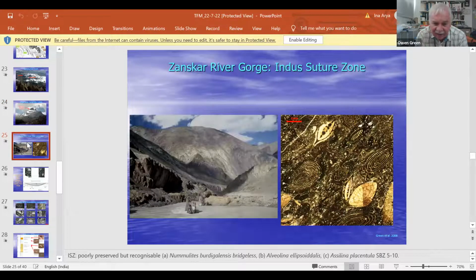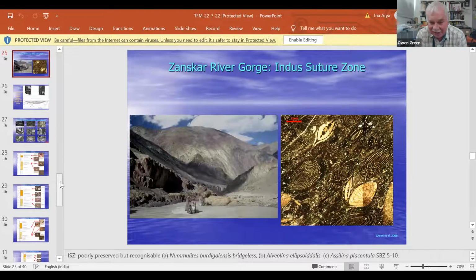And yeah, I'm sorry about this. I have got some other scanned images. In fact, I've got a better imaging system now, and unfortunately, I just couldn't upload the images into this particular PowerPoint. But here we are in the Zanskar River Gorge in the Indus suture zone, and we've got a typical